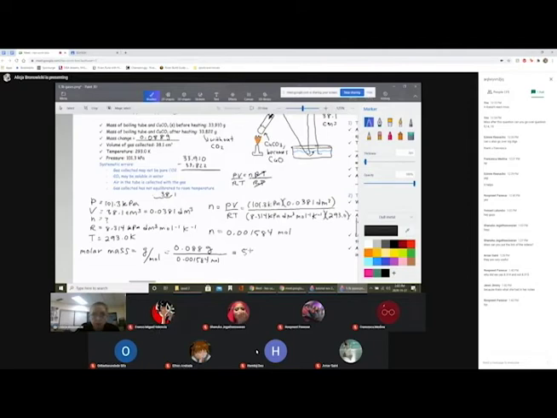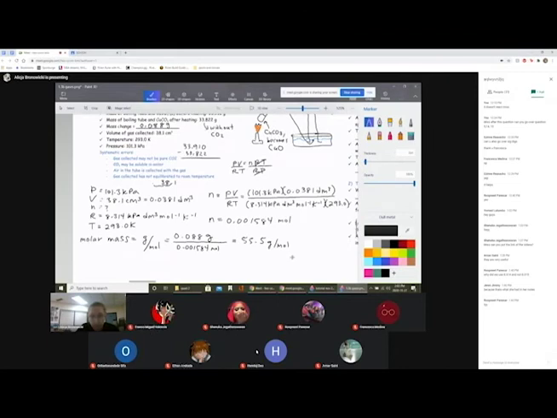So 55.5 grams per mole. Okay, so I'm going to show you how to do another. This is just systematic errors. So the mass of carbon dioxide is a lot smaller than this. What's the mass of carbon dioxide? Okay, so the mass of carbon dioxide